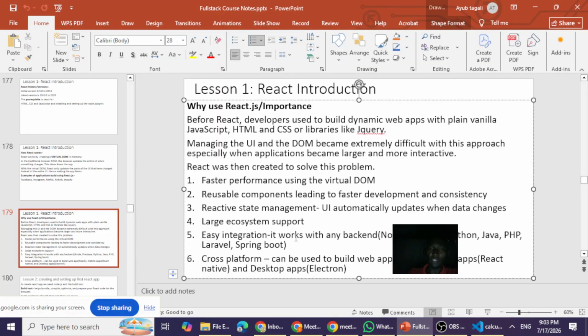Okay, so we said one of the important reasons why you would want to use React is to be able to achieve faster performance. Two, to be able to